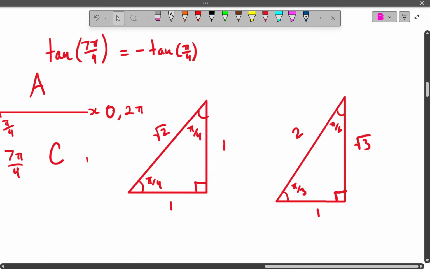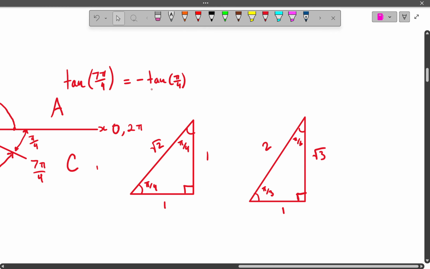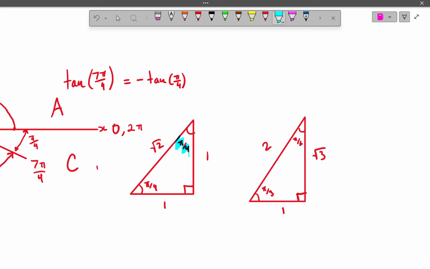to finish this question, because now we're asked, okay, find tangent of pi over 4. Pi over 4 is going to be, or the angle is only in this triangle. So this is the triangle that we're going to use. And I need to find the ratio of pi over 4, or tangent of pi over 4, which is going to be,